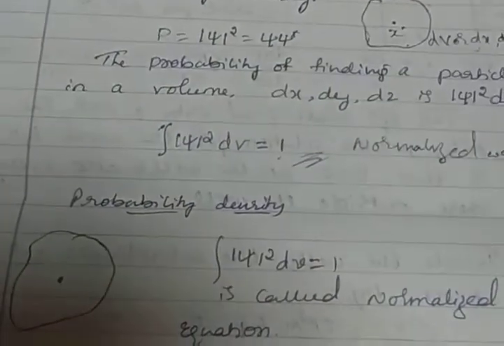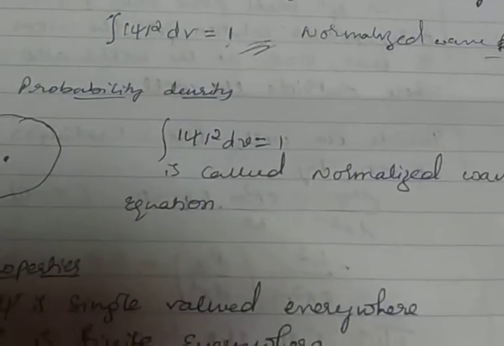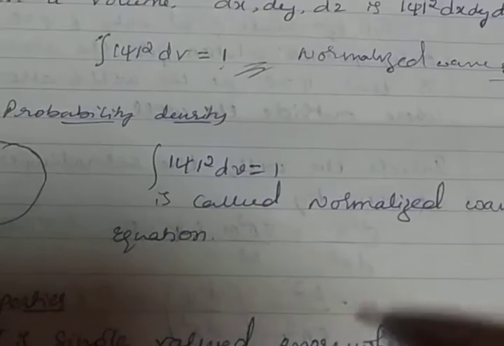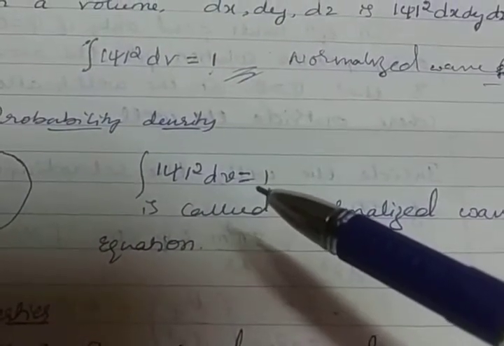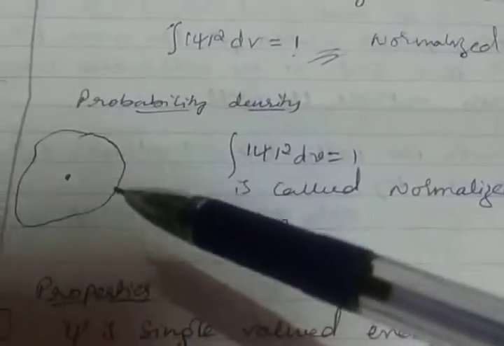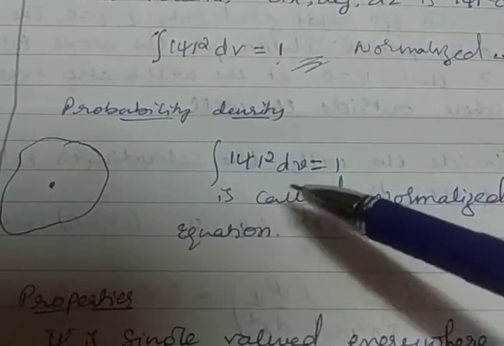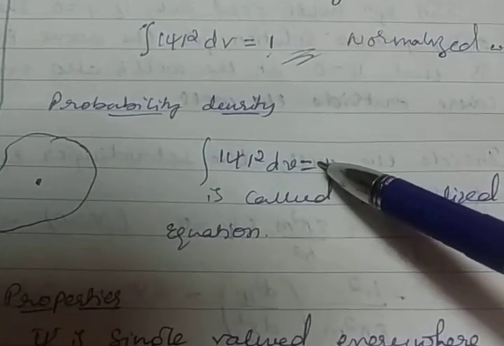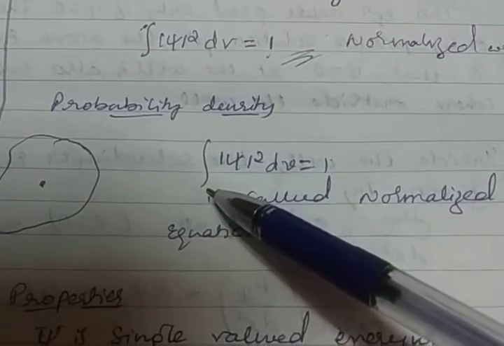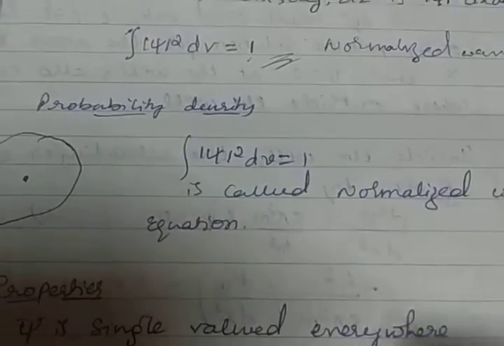Next is the probability density. The probability equation is the integral of modulus xi squared dv is equal to 1. The total probability of finding a particle within the given entire space is always unity. That means it is equal to 1, where the integral extends over all space. The above equation can also be written as